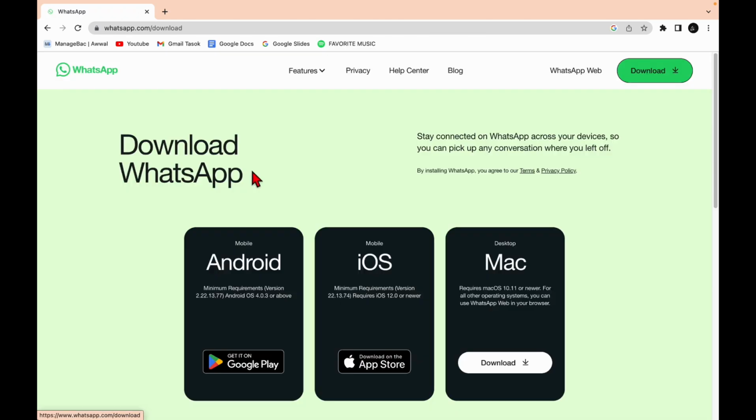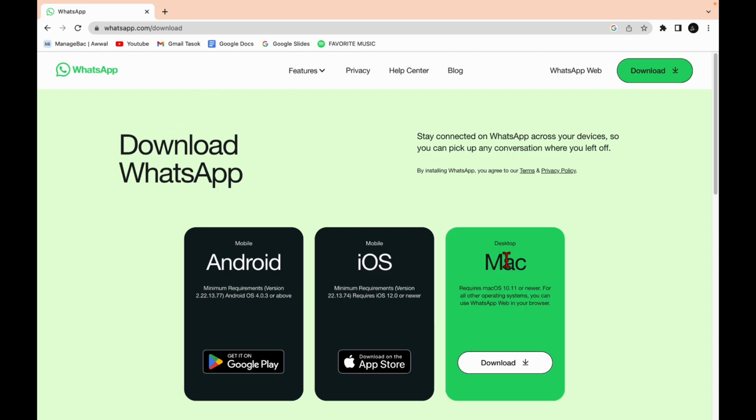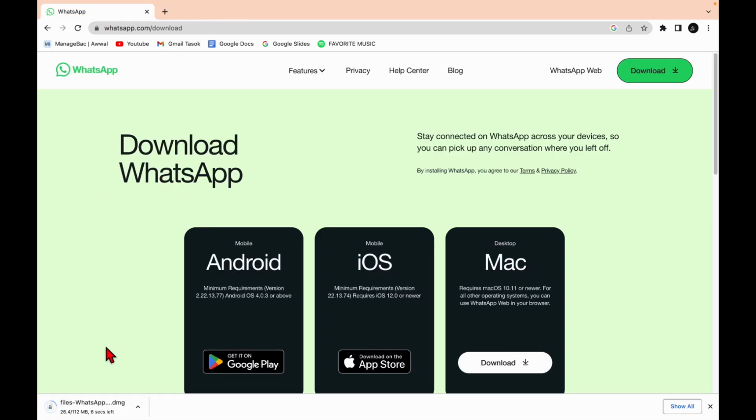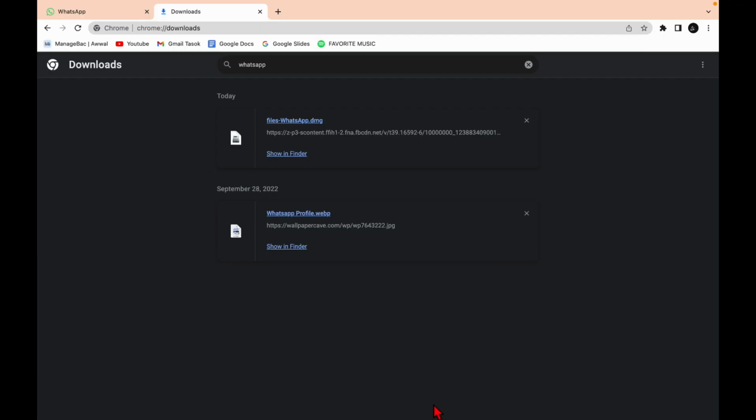So download WhatsApp, click on the first link and you can see this option right here of Mac, and click download. What this is going to do is install the application. So now let's wait. A few minutes later, as you can see guys, my WhatsApp is installed, and what we're going to do is click on the file,